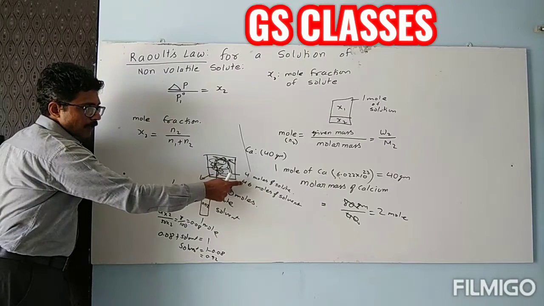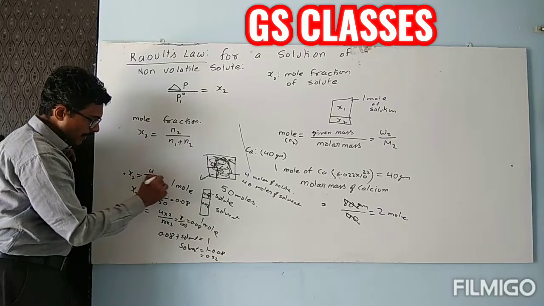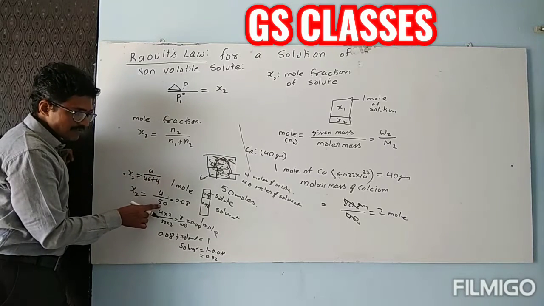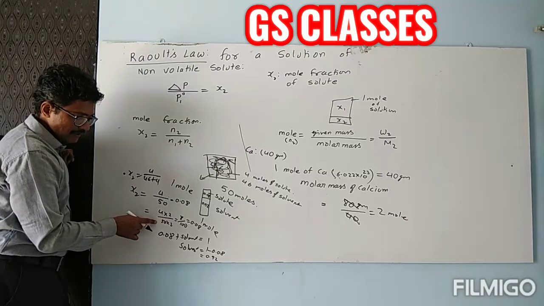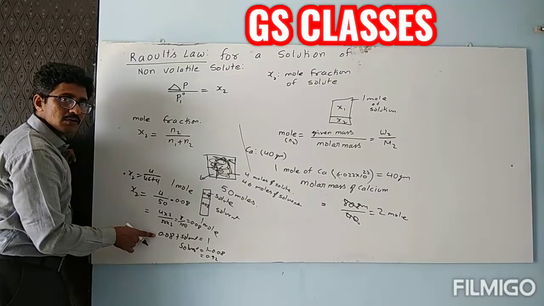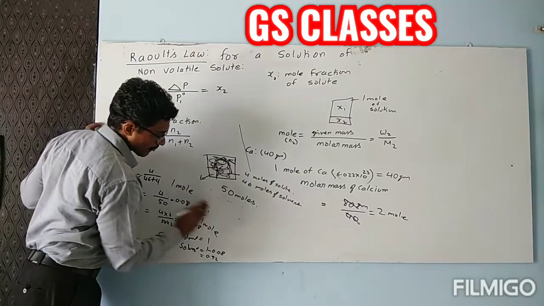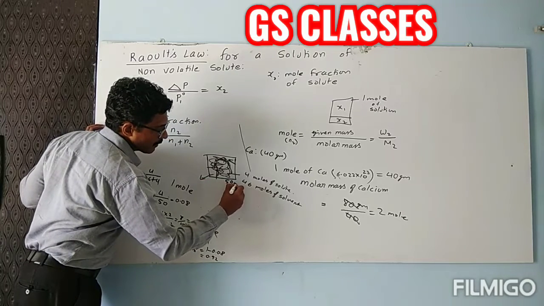Now the total number of moles of solute plus solvent is 4 upon 46 plus 4. Total is 50. I calculated it and got the number of the solute particles. This is the mole fraction. It means, in this solution,